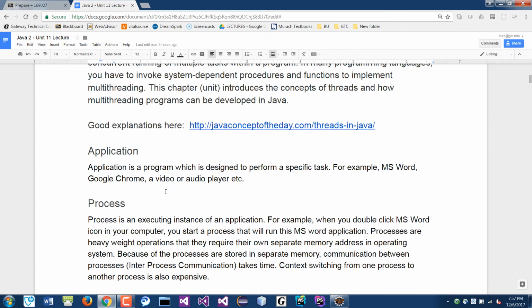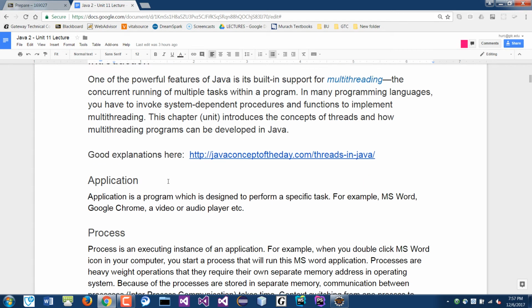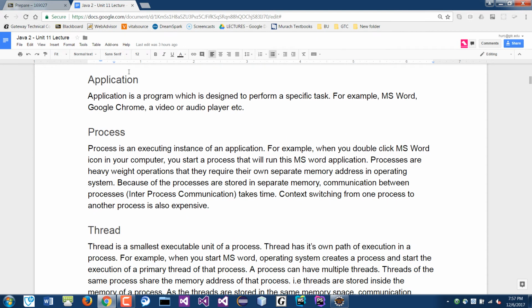So we talk about thread, you talk about these three things here. Okay, the application, the process, and a thread. So the application is just basically the application that you write, like whatever the application may be. Okay, a process is the instance of that application, and again, some of these are just like a concept, but the